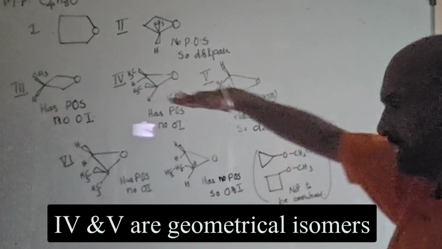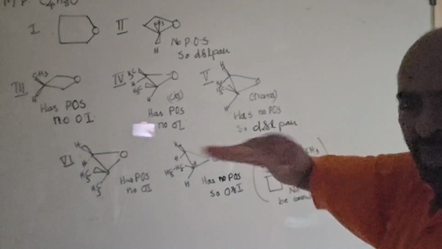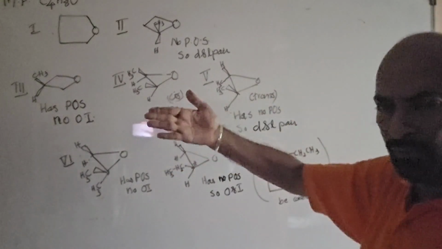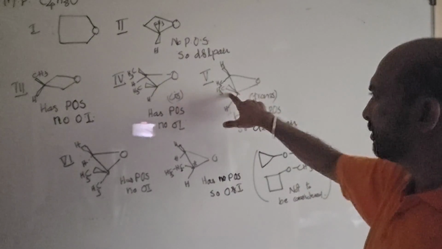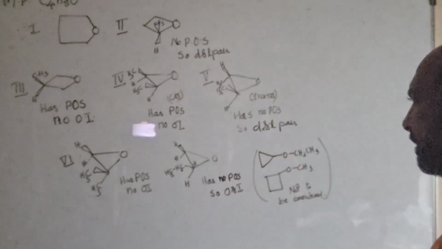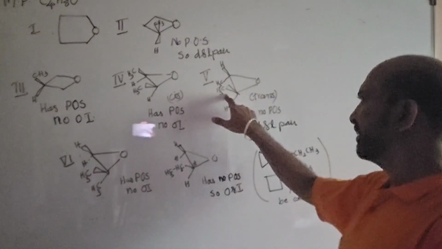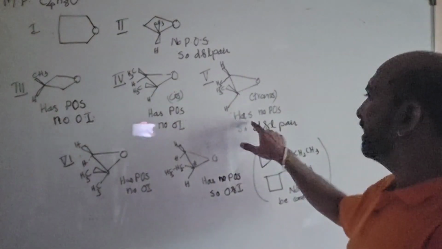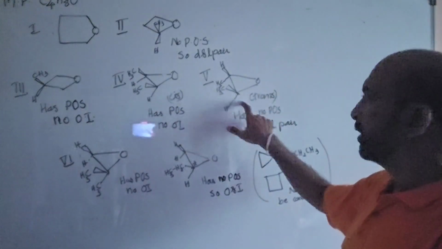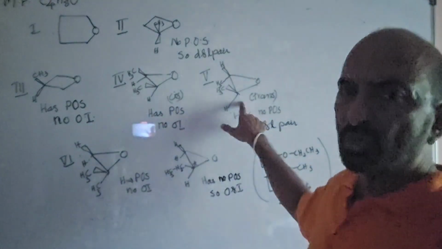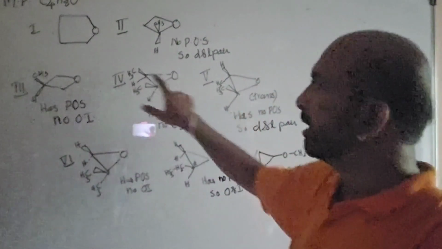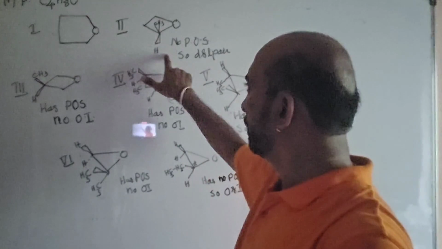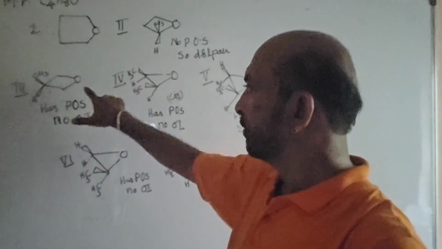If you consider the ring in a flattened manner, one CH3 is above the plane and the other CH3 is below the plane. It is the trans arrangement of the substituents and it has no plane of symmetry, so its mirror image will not be superimposable on it, and so it will have 2 forms. So far we have 1, 2 and 3, 4,